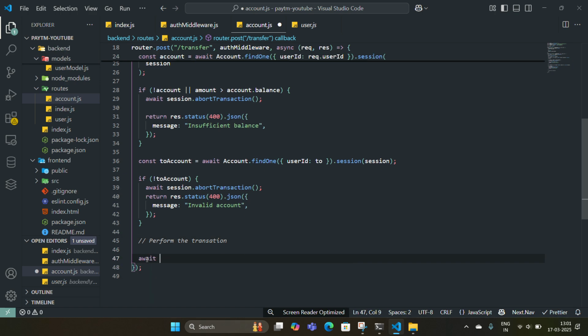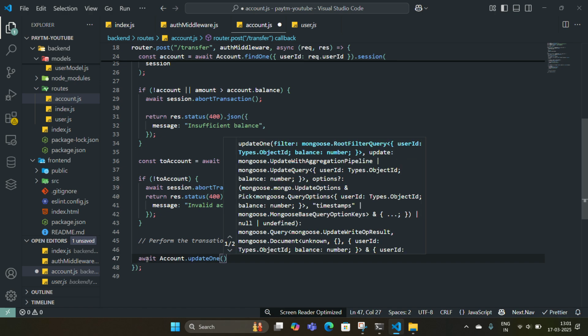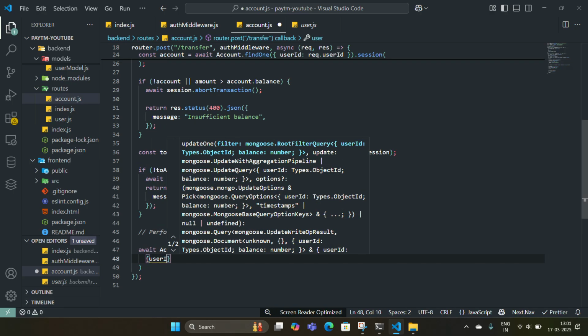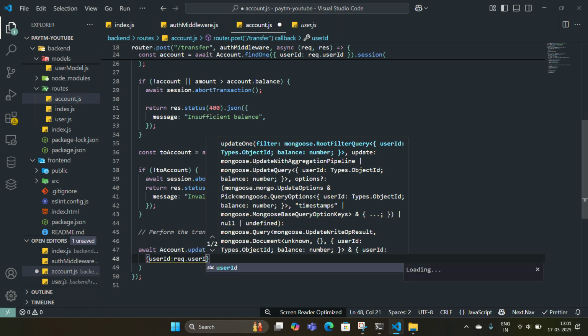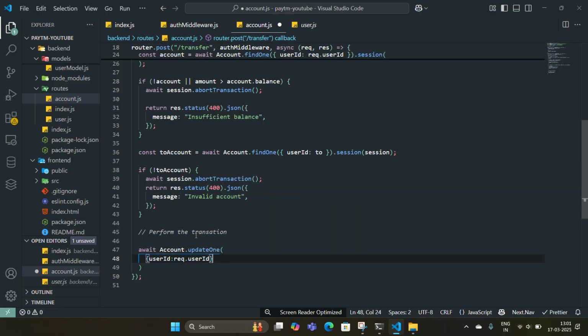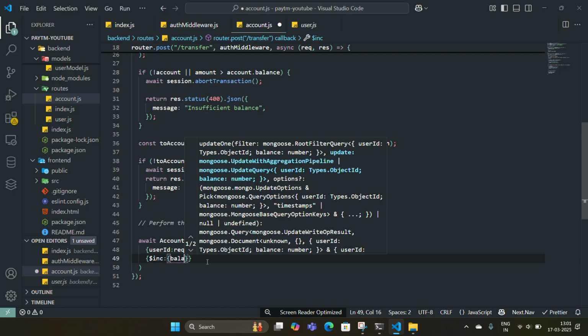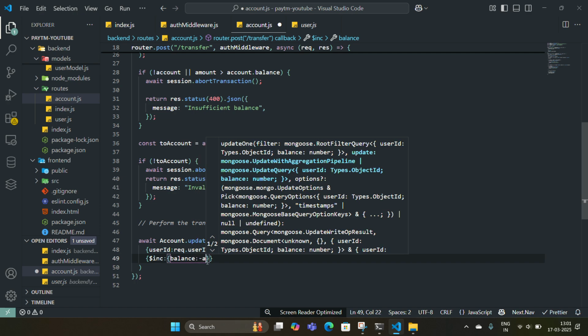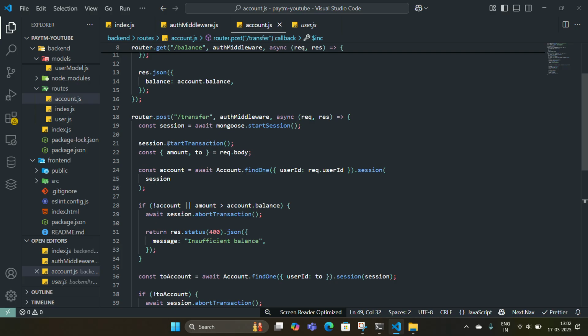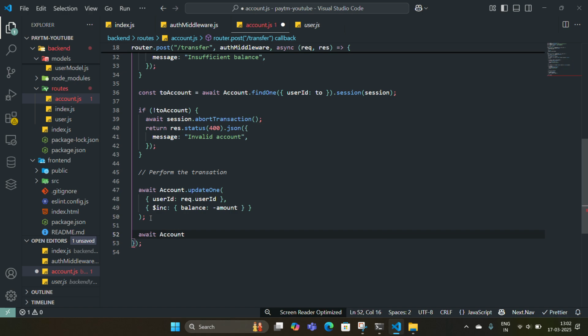Await account, like अपडेट ही करना है, ठीक है, Account.updateOne, पहले तो हमें अपना अकाउंट जो भी है अपडेट करना है, where the userId is req.userId, where are we getting this from, we are getting this from the header as authorization, that bearer token okay, so basically this is the sender's account okay, तो हमें इसके अकाउंट में से पैसे काटने हैं ओके, so $inc balance, जो भी होगा उसका balance minus the amount, this amount whatever we are sending in the request.body okay,